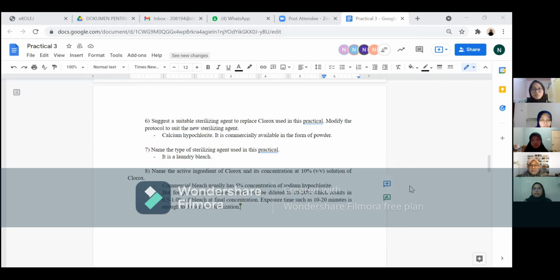Actually, there are many types of sterilizing agent. The other types are chemicals such as mercury chloride and hydrogen peroxide. But both of these chemicals are rarely used because they are too dangerous, such as hydrogen peroxide. The concentration is too high, which is 30%. Then number 8, name the active ingredient of